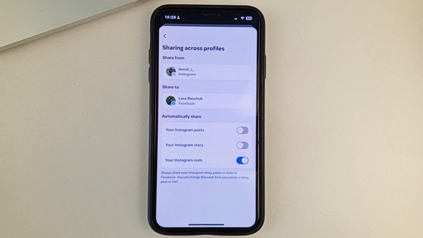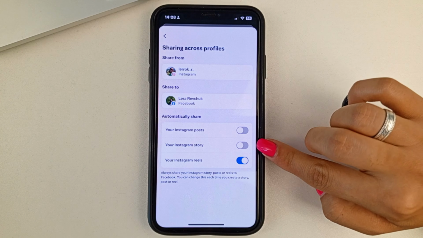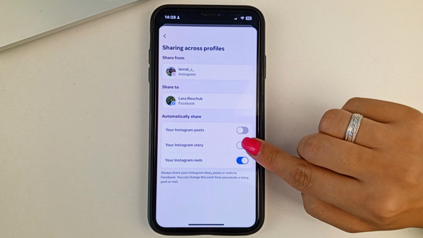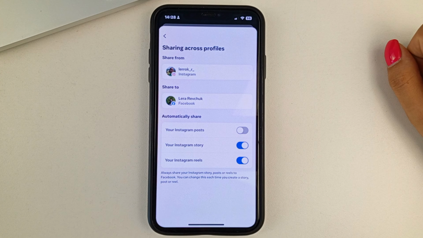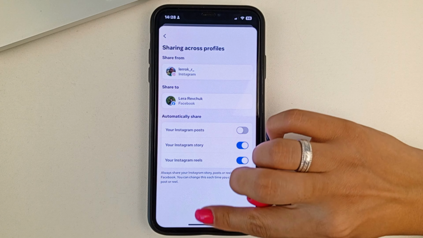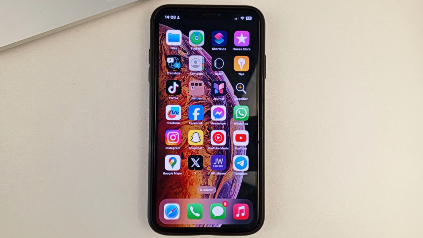When you, let's say, post any of these things to Instagram, then automatically it will all appear on your Facebook page as well. And in order to do that, you'll just have to, against some of the items or all of the items, activate this button by clicking on it. That way, you will activate that option. Here is such a simple and quick method. You can easily share your Instagram stories to Facebook automatically.